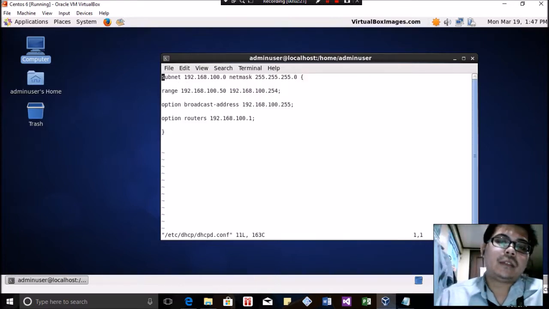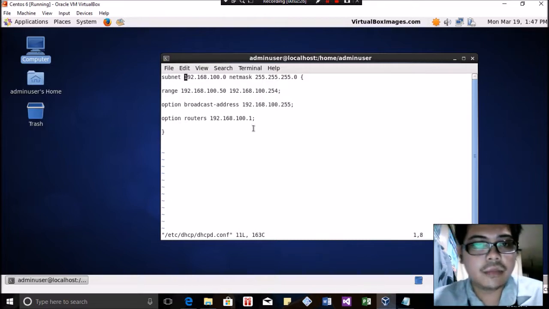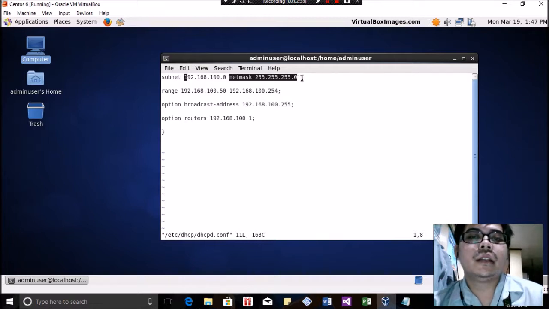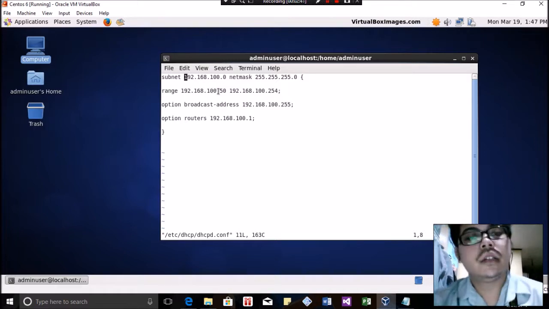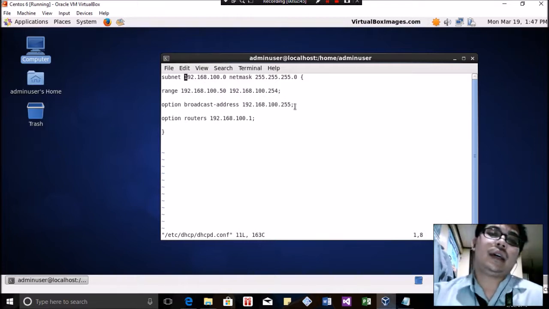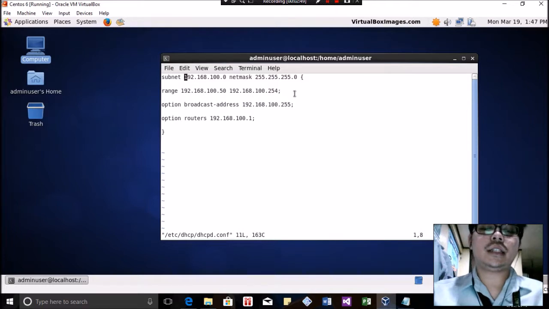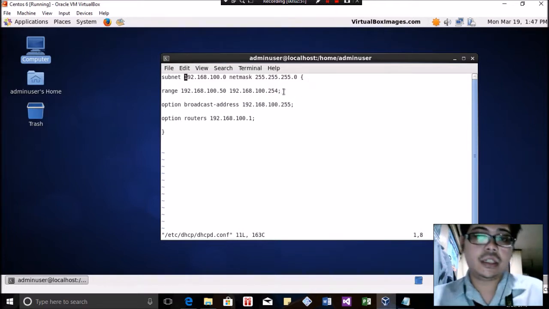The first is the subnet, and subnet means the network itself. So 100.0, then its subnet mask, then type range, the range of the addresses that we are going to use. In my case, I used 50 to 254, and then additionally, after putting the range, just type the semicolon here,